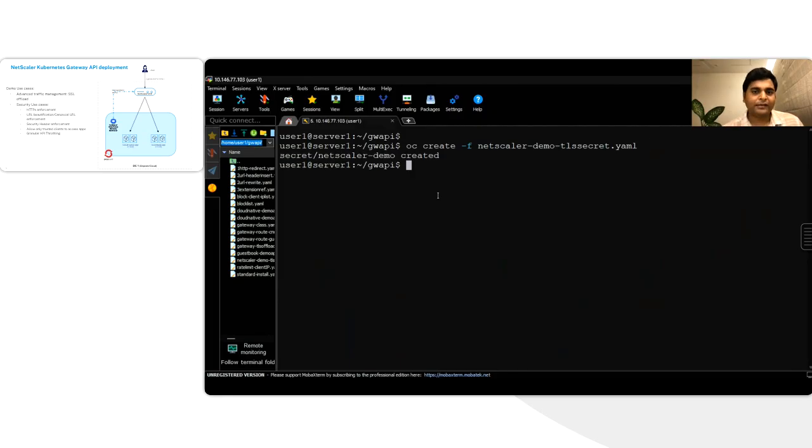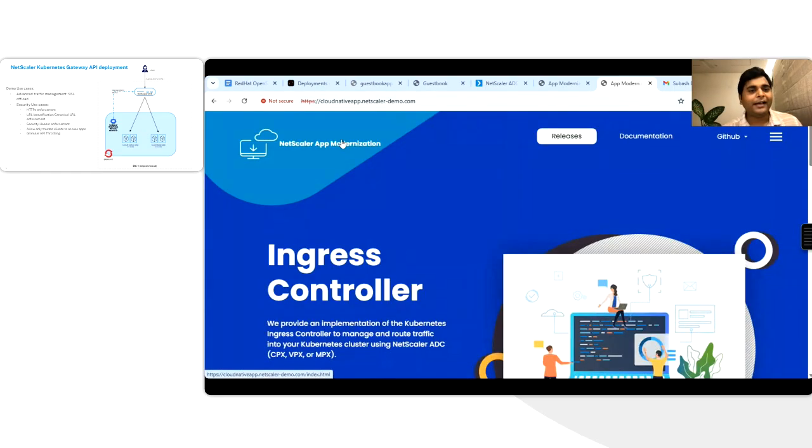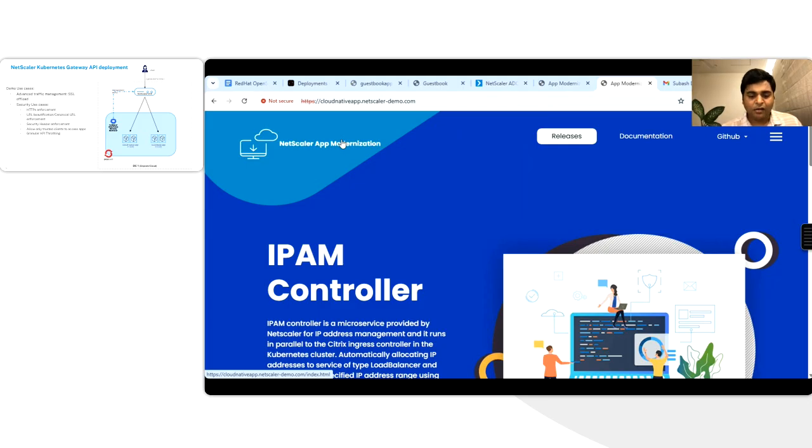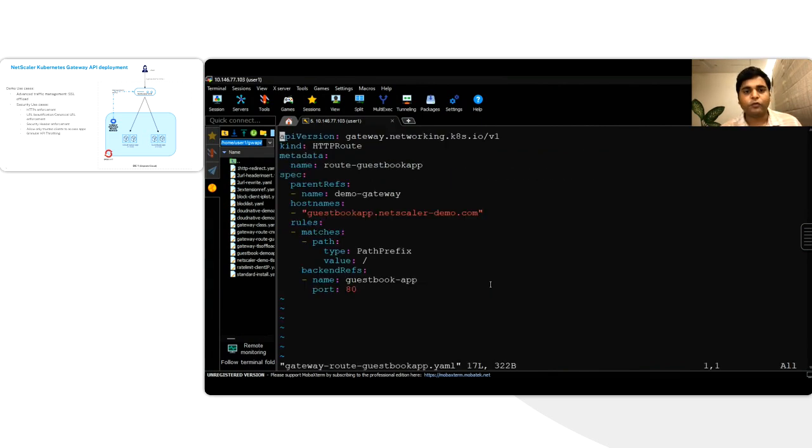As soon as you see that the TLS secret has been created, NetScaler will quickly update the SSL configuration, and you will see that the application over SSL is working now. You can see the changes, right? How fast it is happening. It's just a few seconds, not even seconds, it is just getting populated on the NetScaler. That shows the magic of our integration with OpenShift and NetScaler acting as a proxy for OpenShift workloads.